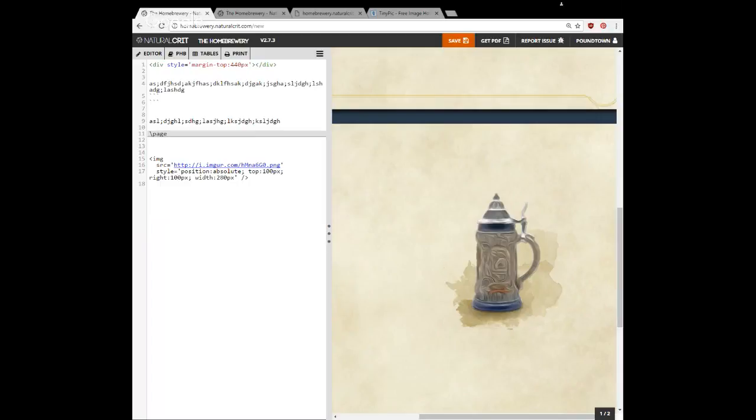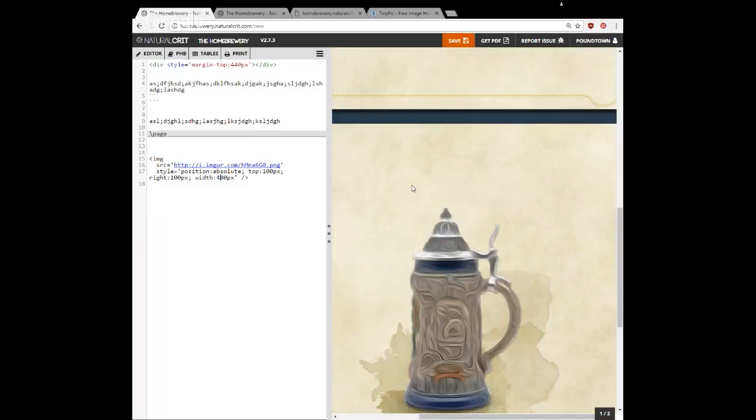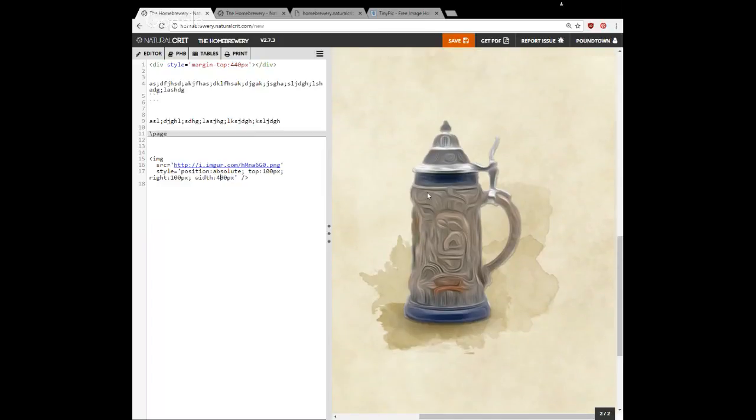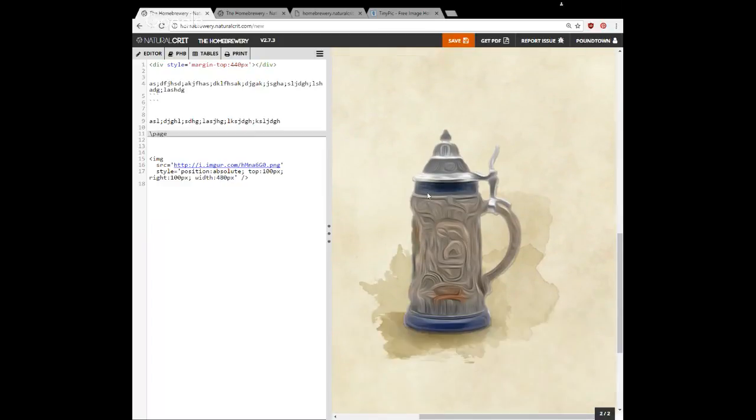Width is going to be how wide the image is. So if we take this and go from 2, let's say, to 4, you'll see how much bigger it got. Now the thing with width is it stretches it in both length and height. If you want a little more control of your image, which I usually do,